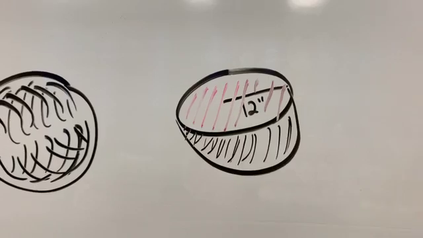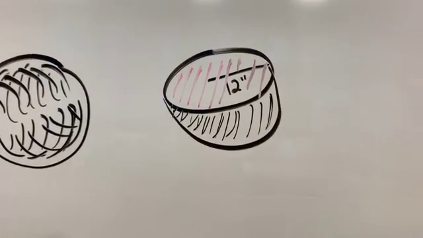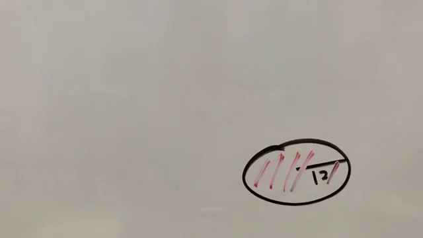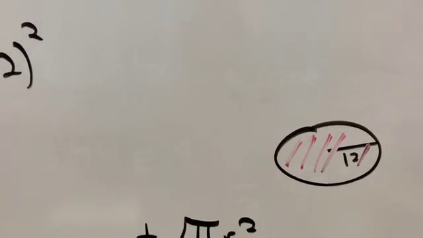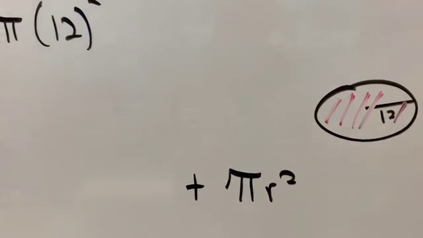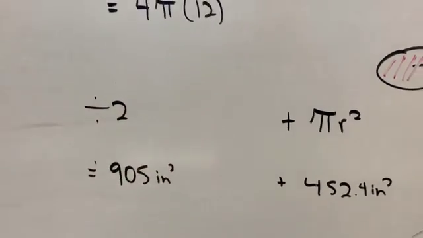The piece that person would be neglecting is the fact that when you cut this thing in half, you created a new circle. I might as well shade it in red again. But you created a circle with a radius of 12 that's on the top of my hemisphere. And so I actually have to add another pi r squared to the area that I already calculated. And so in the end, you end up with